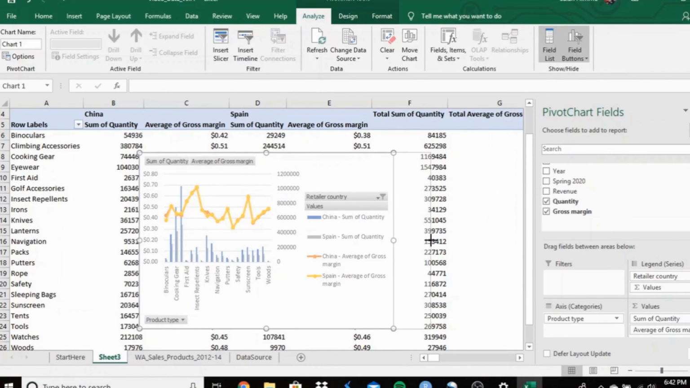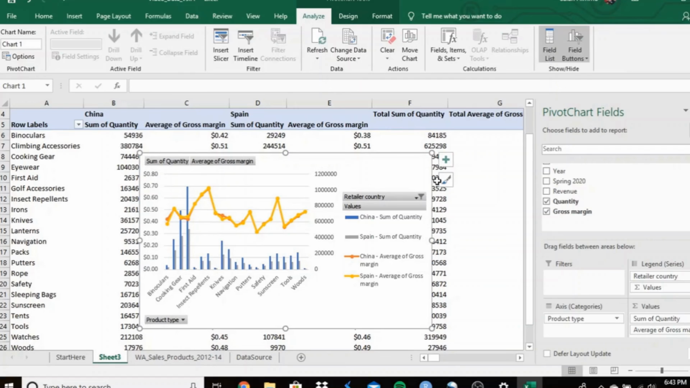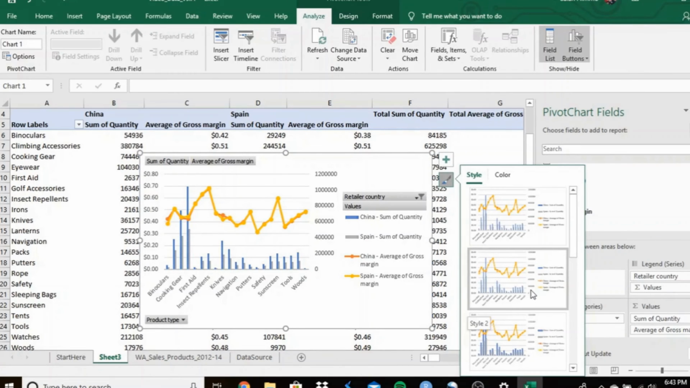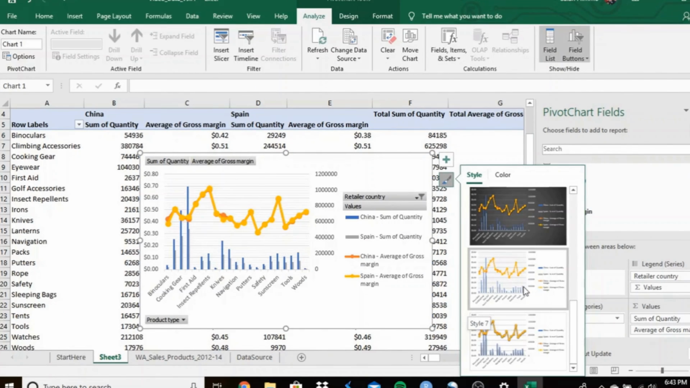Now you could further change the colors on the chart if you so please, such as red, yellow, blue, orange,